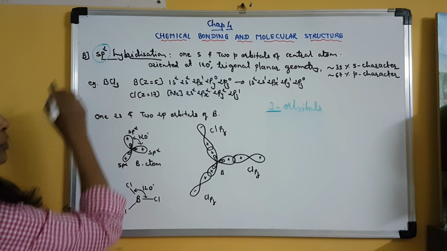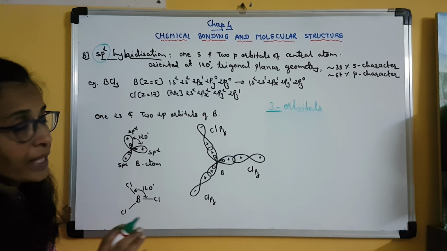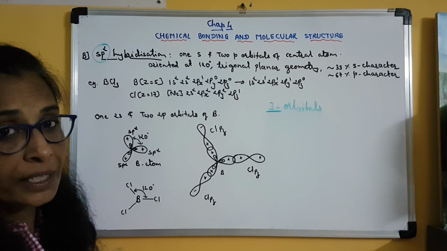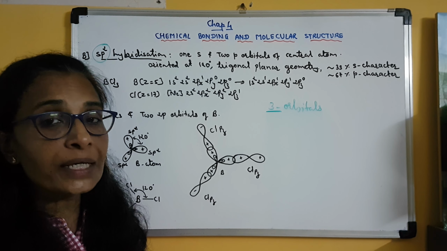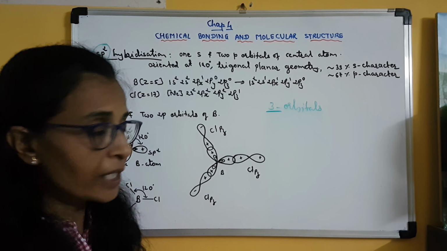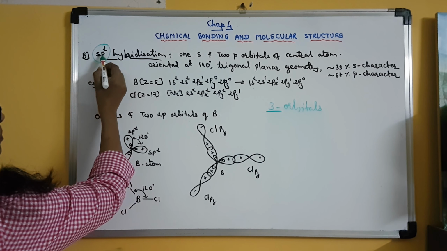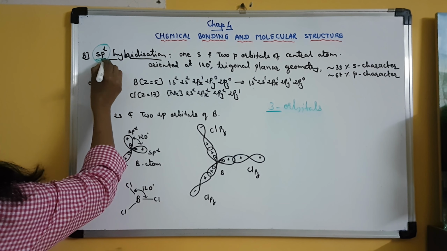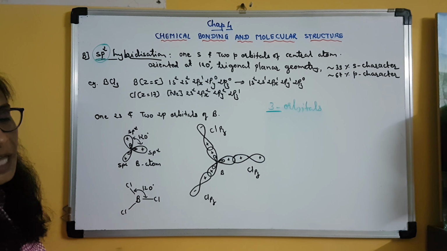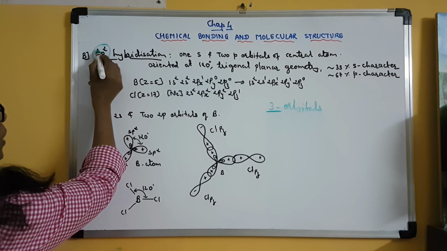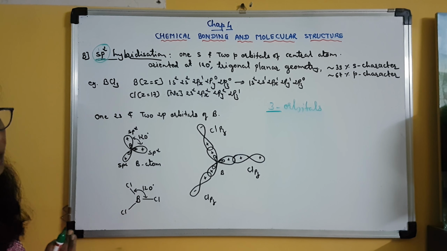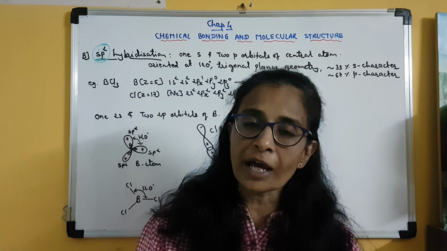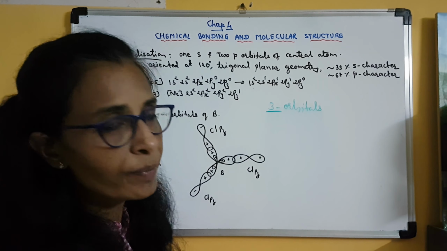See, this is how you can see. sp2 doesn't mean that in the p orbital there are 2 electrons. Here the power which is written doesn't indicate the number of electrons, but it indicates the number of p orbitals. Clear? So here one s orbital and two p orbitals are involved in hybridization, so total 3 sp2 hybrid orbitals are produced. Clear? Here you can see 2 and 1, so total 3 orbitals are involved, so 3 hybrid orbitals are produced. If 4 atomic orbitals are involved in hybridization, then 4 hybrid orbitals will be produced.